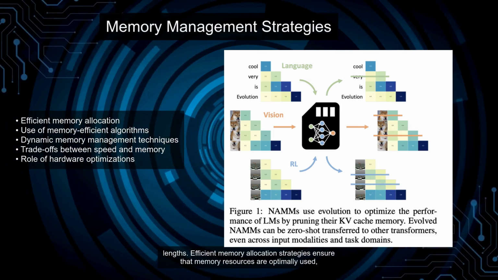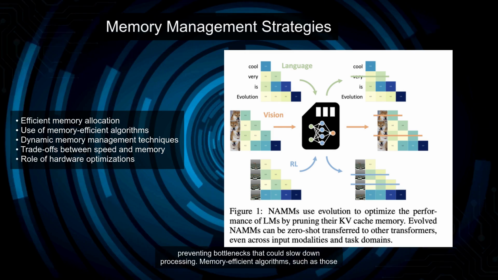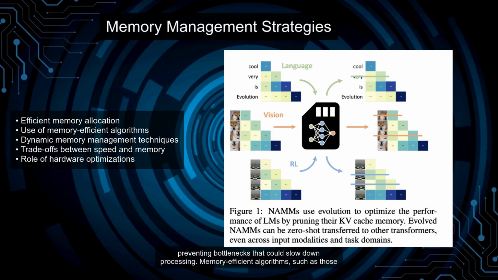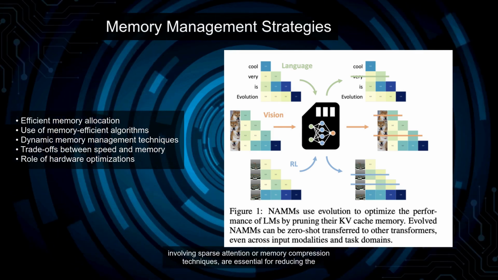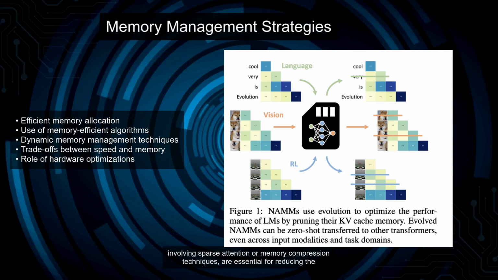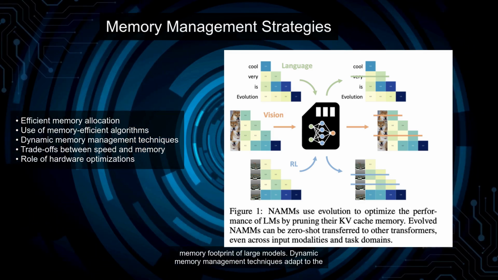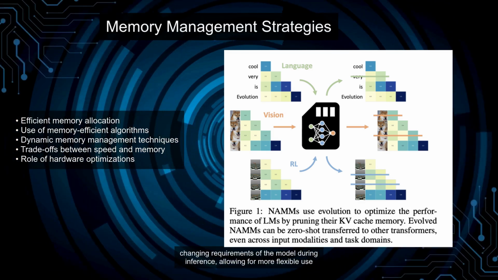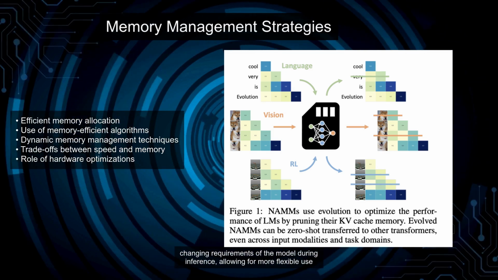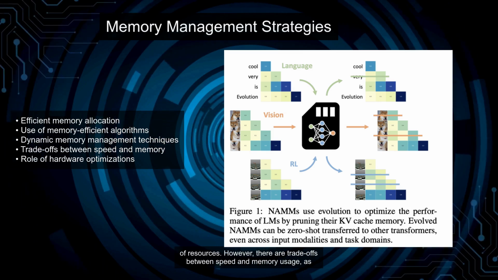Efficient memory allocation strategies ensure that memory resources are optimally used, preventing bottlenecks that could slow down processing. Memory-efficient algorithms, such as those involving sparse attention or memory compression techniques, are essential for reducing the memory footprint of large models. Dynamic memory management techniques adapt to the changing requirements of the model during inference, allowing for more flexible